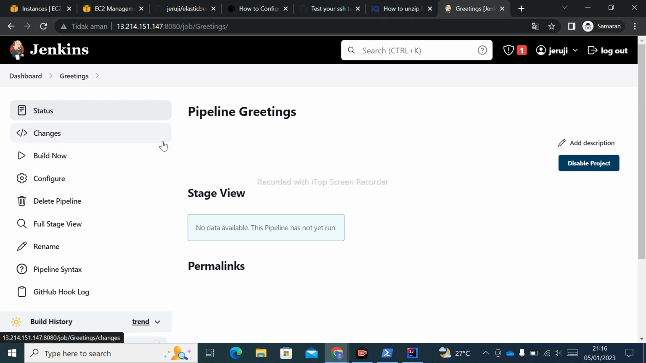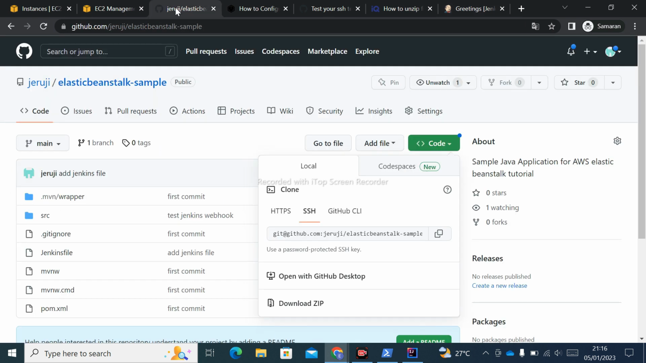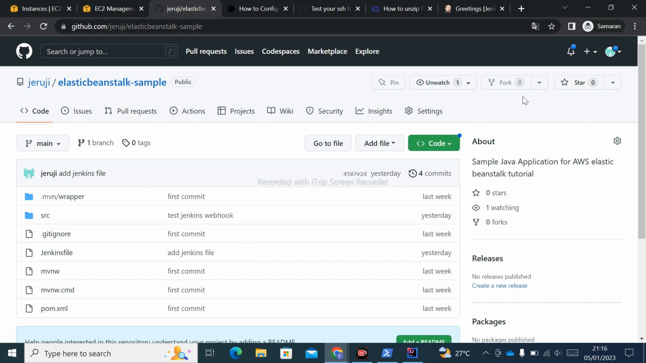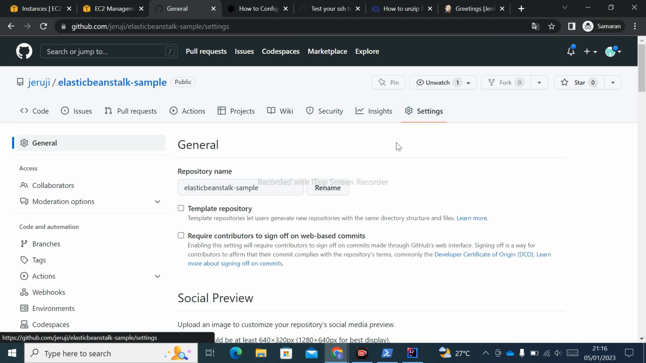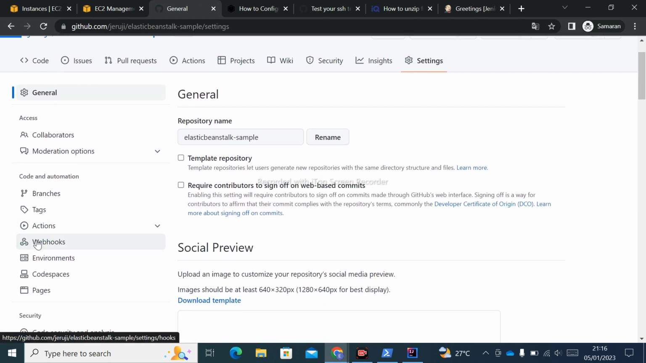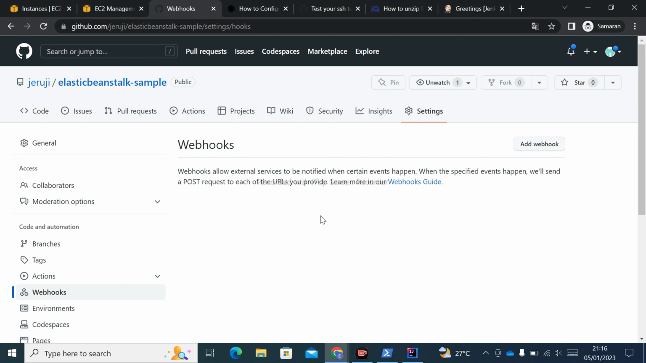we will go to our GitHub, and here we click on our repository, our project repository, click settings, and then go to the webhook. We will set a webhook to trigger Jenkins to build the code whenever you push the code to the main branch. Click add webhook,